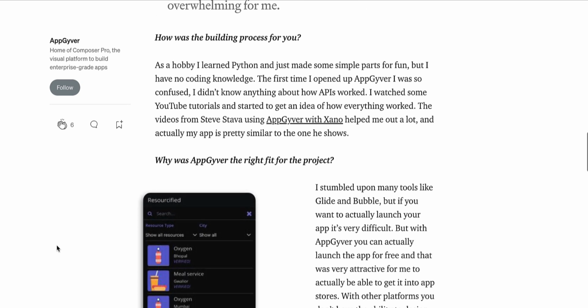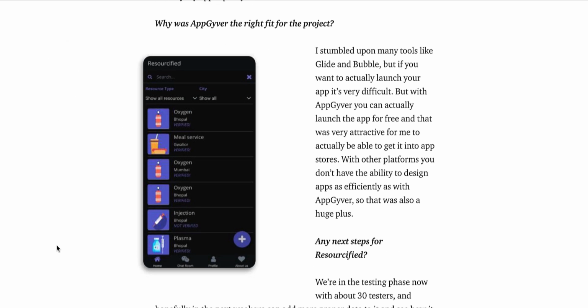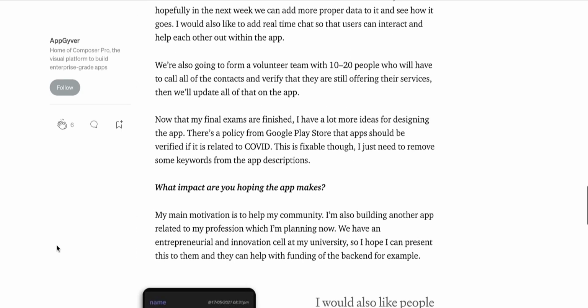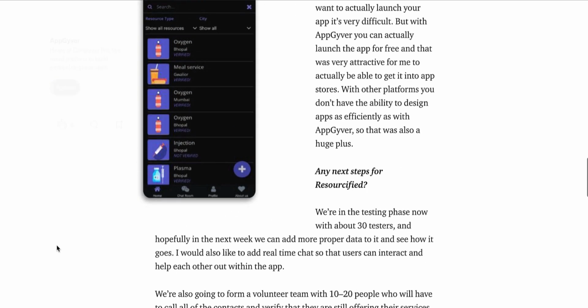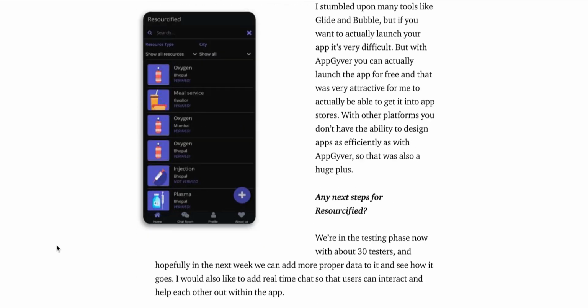What I really like about this is it's showing a clear case study that you can be helping people in need. Just like when we looked at previous apps where during the pandemic, looking for creating an app to help others, this app is showing you where you could start finding medical supplies, meal services, oxygen, plasma. The list goes on, and having a really intuitive setup throughout his app.